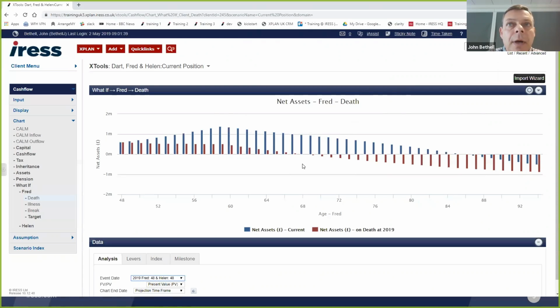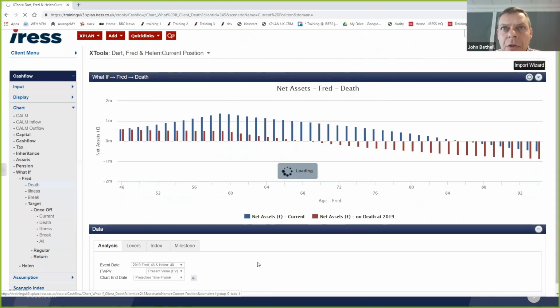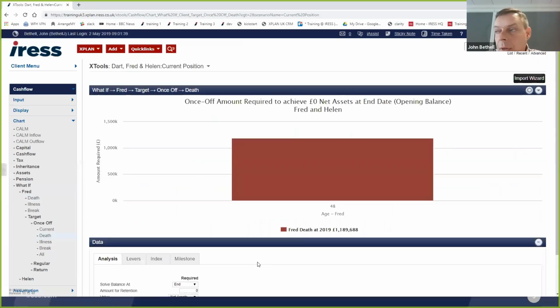Now, that's fine. I've very quickly got to the point that actually they've got a problem, so I can raise that with my client. Is that something they want me to deal with? But I can also get an idea of broadly how much life cover they might need. And I think this at the moment is in broad terms because we've made some assumptions in terms of what they're doing with their incomes and expenditures, and assuming all the assets go to the surviving spouse, etc., which may not be the case.